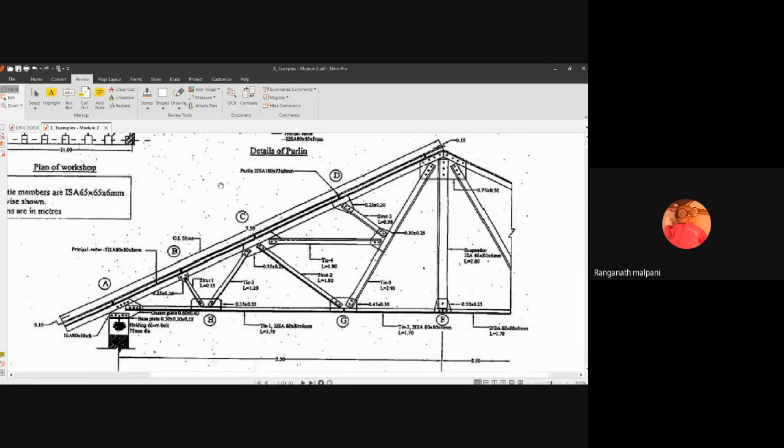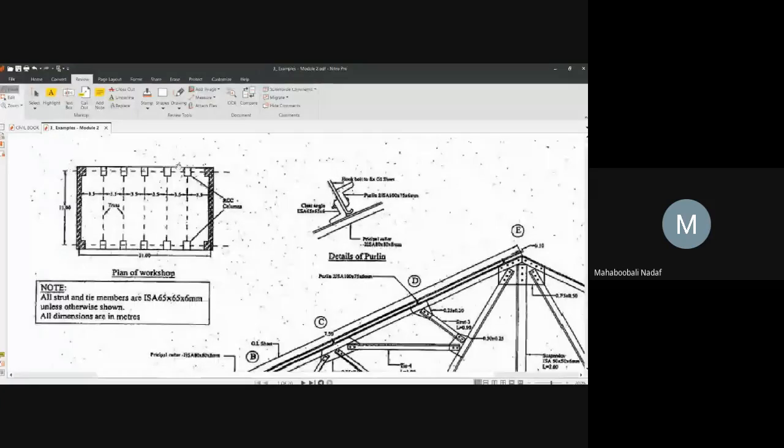Yes, this is a plan. How many trusses are there? See, the end walls are not using truss. There are so many columns, columns on base plates. These are base plates: 1, 2, 3, 4, 5 on this wall, and 5 on this wall. Base plates or columns are there. Now above these, 5 trusses will come in this direction. So this length of 11 meter is visible on the screen.